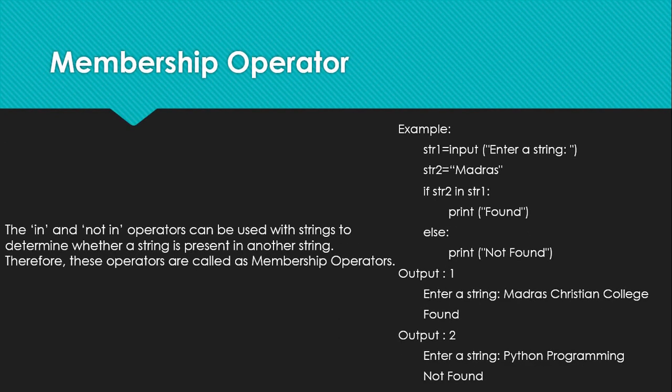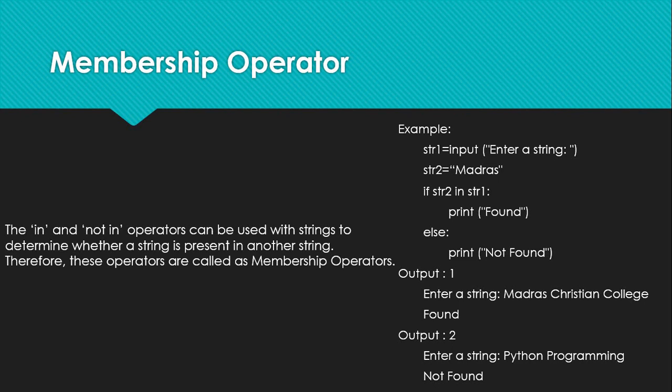Now I'm going to talk about a very important aspect of Python programming, and it's very flexible, very useful, used in all string functions. In most string functions we use them. That's the membership operator. In and not in are operators which are used along with the strings. Okay, in and not in are two membership operators. They are so flexible that they help you to find out whether it is in it or not in it, something like that. Now look at that example there.